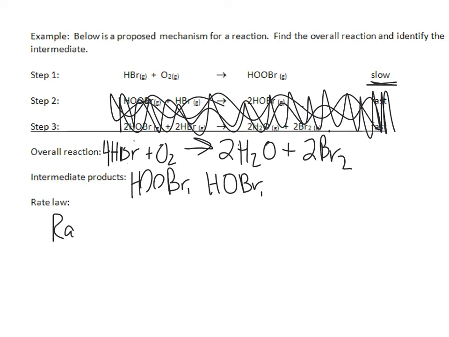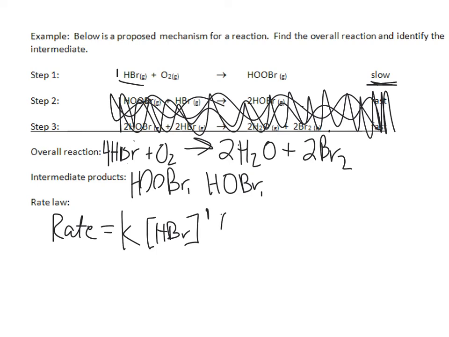So we know that a rate law is equal to the rate of K. Again, you don't need to know what K is. It's going to be different for every reaction at different temperatures. There's a lot of things that you don't have to worry about there. Times the concentration of my first reactant, HBr, to the power of its coefficient. Well, it has an imaginary coefficient of 1,